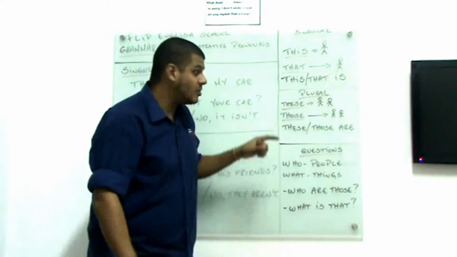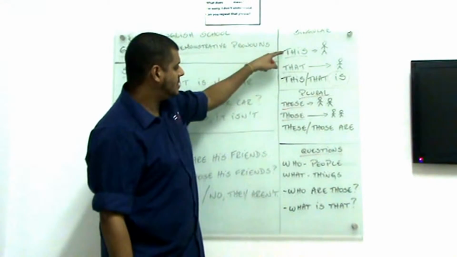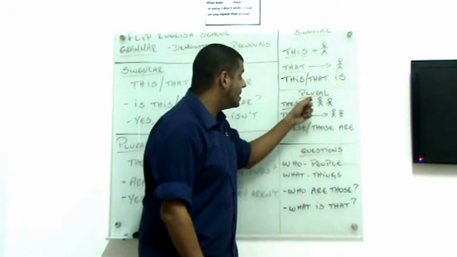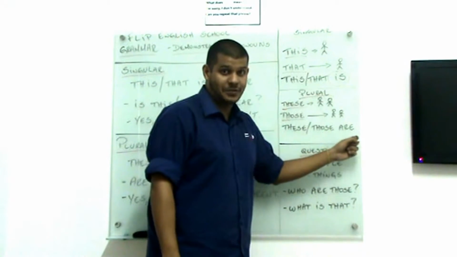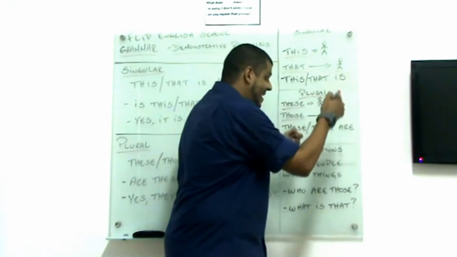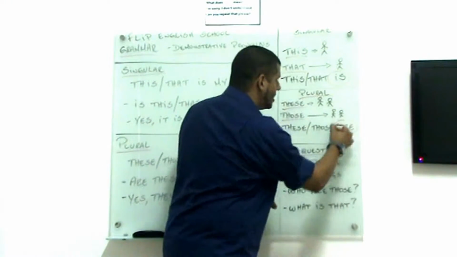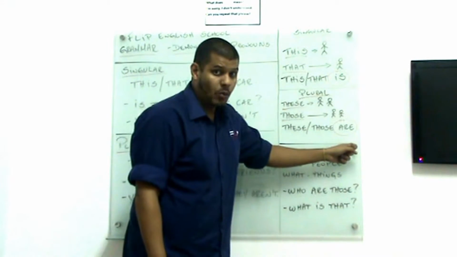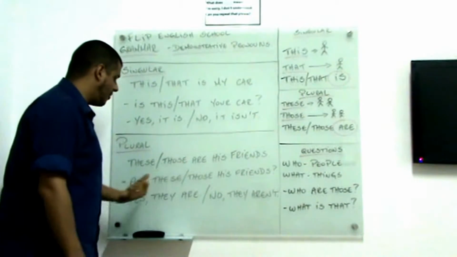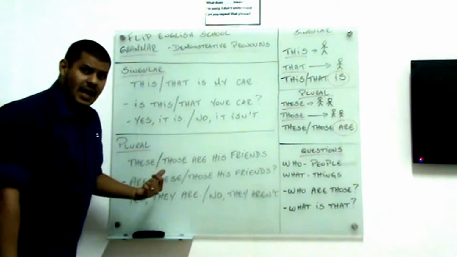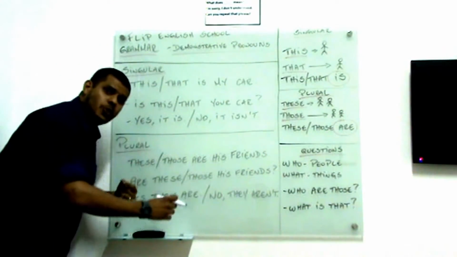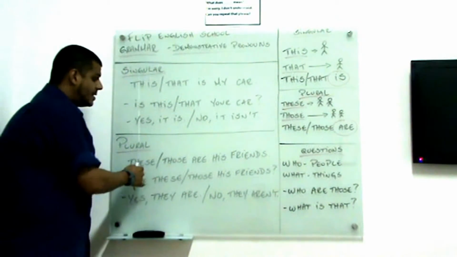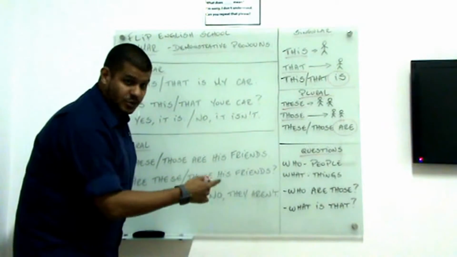So, you can consider that these is the plural of this, and those is the plural of that, okay? So, remember that in the plural form, when I conjugate the verb be, this conjugation is in the plural. So, these and those are, right? So, I also have an example here for this case that we create the sentence, we change it to a question, and we answer the question. So take a look. Plural form. These or those are his friends, okay?